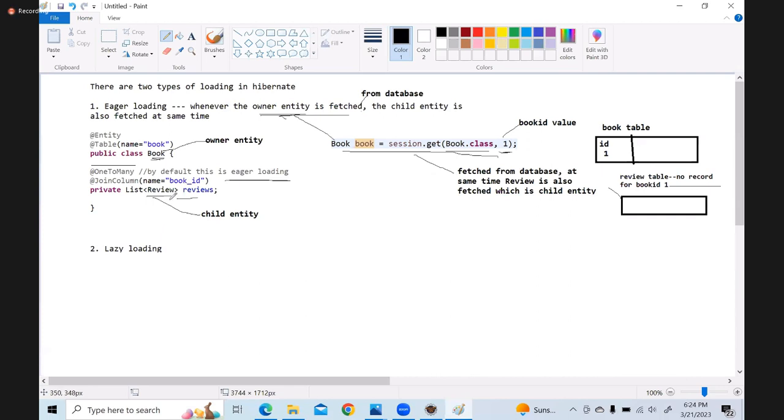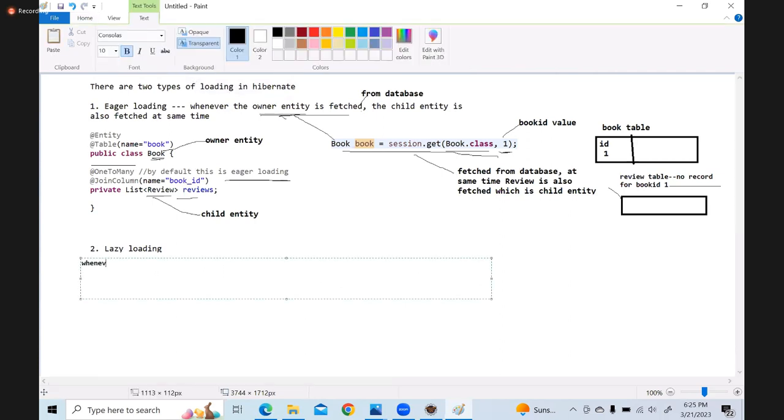Okay. Now suppose the same thing in lazy loading, what will happen is whenever the owner entity is